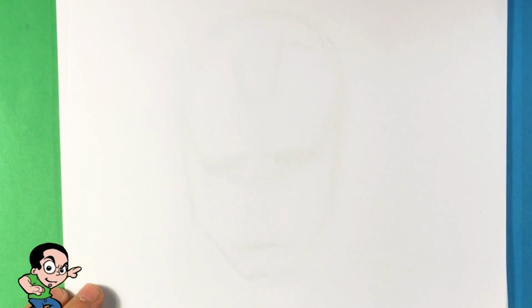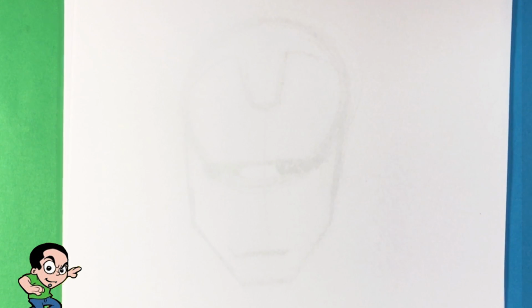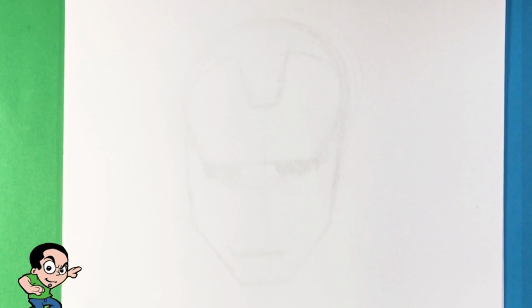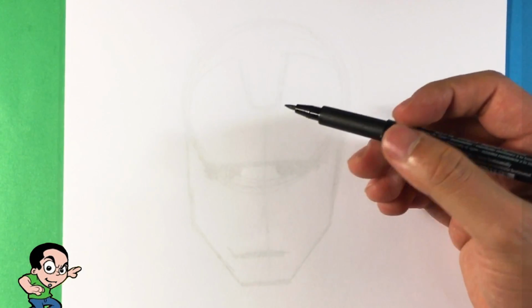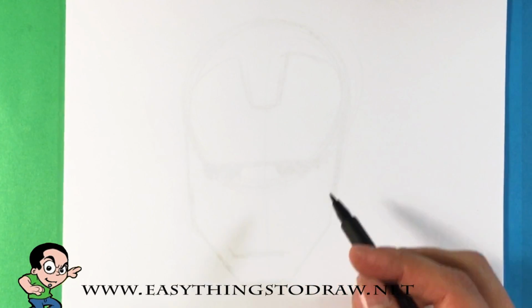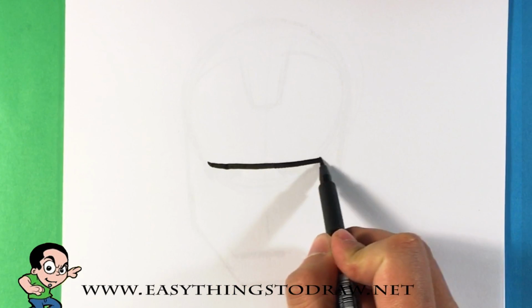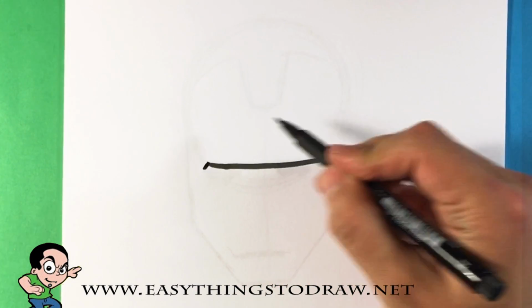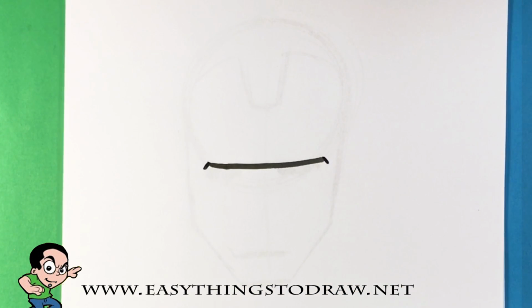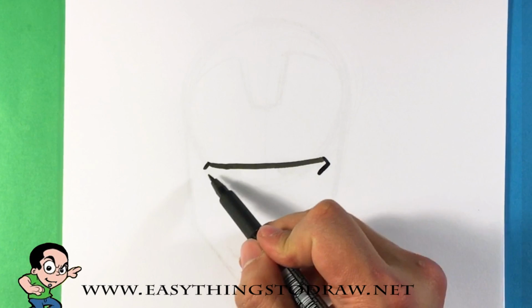I'm gonna throw another sheet of paper over this, and just to keep in mind, this is regular printing paper. 8.5 by 11 printing paper, the normal one. You can just buy it anywhere at the store. So I'm gonna be using this Faber-Castell, and I'm gonna go into the eye area. What I'm gonna do is draw a thick line across, go outward a little bit on the eyes, pulling in,